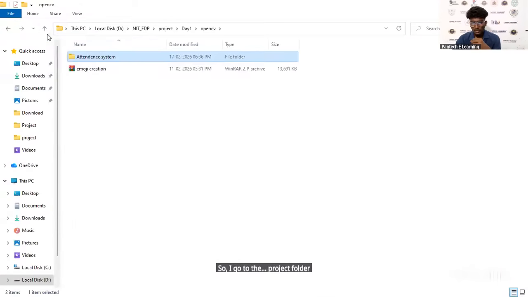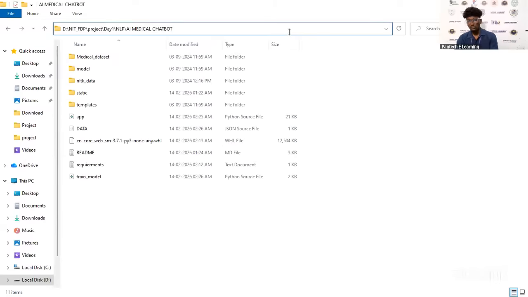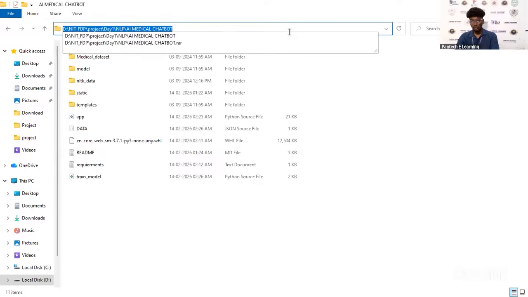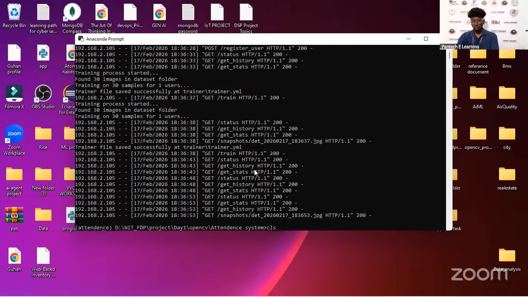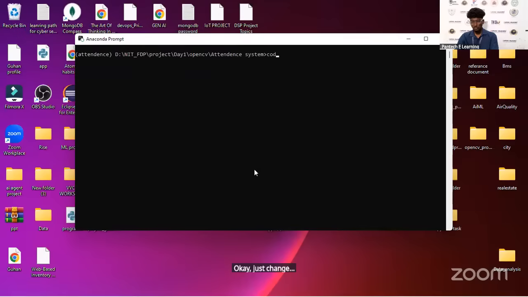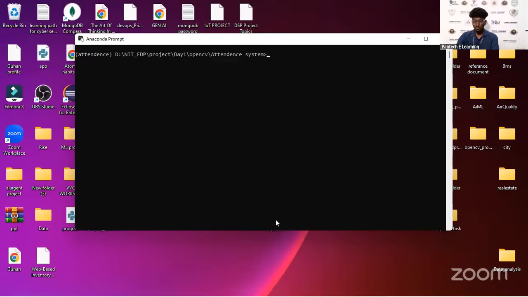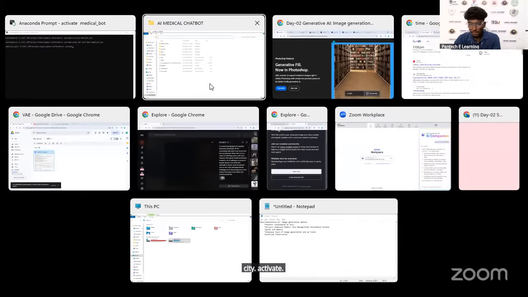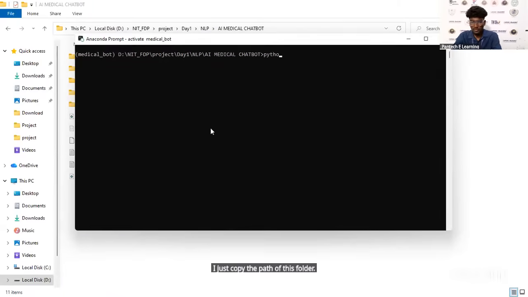I go to the project folder here, change the directory, activate the environment, copy the path of this folder, and run python app.py.